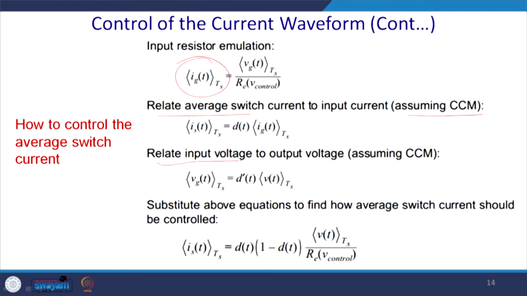The ratio of the input voltage to the output voltage, assuming CCM, will be Vg equal to dt into Vt, and thus we can substitute these equations to find the average current, that is Is by Ts equal to dt 1 minus dt Vt by Re,